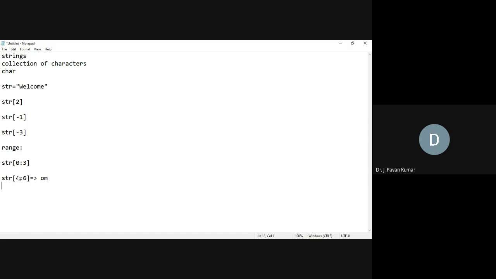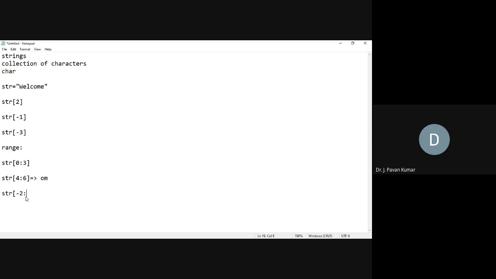Next, for the same output OM, what can we use alternatively instead of 4 to 6? Can we specify any other indexes? -2 to -4?